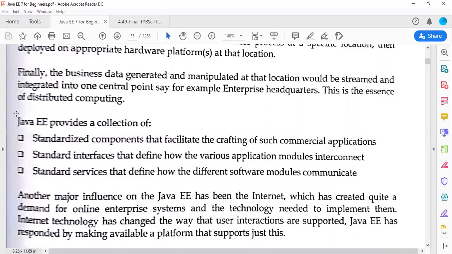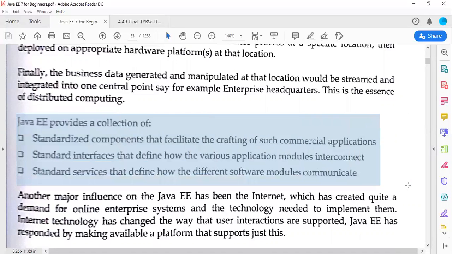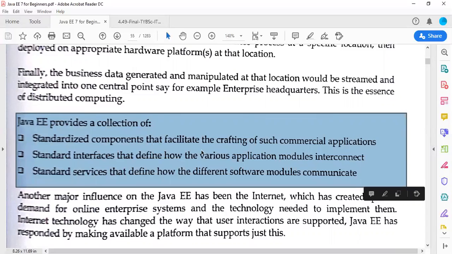So Java EE provides three sets of collections. They are standardized components that facilitate the crafting of such commercial applications. By using these components, you can craft your commercial application. Second, standard interfaces that define how the various application modules are interconnected. Defining these components is relevant to your modules, so these modules can contain multiple components.